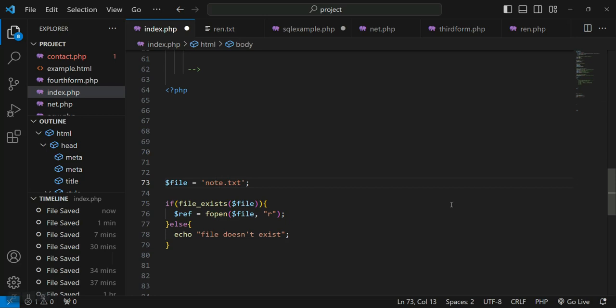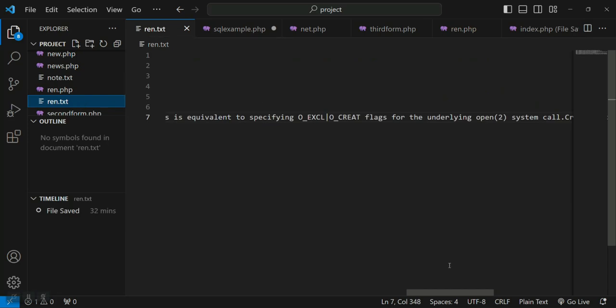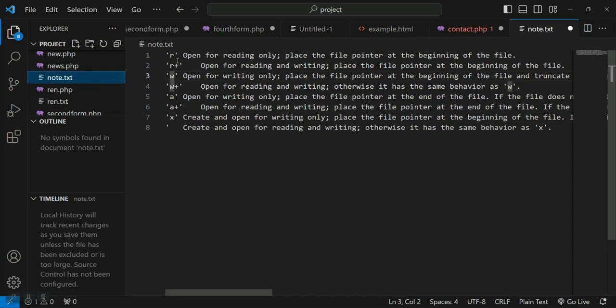Second thing that has made me freak out: I actually created another text file. This was note.txt, which I placed here. I just took the table from the manual, and then I had to create another one with the same content but without special characters. I'm going to use this one because if you use special characters like this at the beginning or other special characters, it might cause trouble and